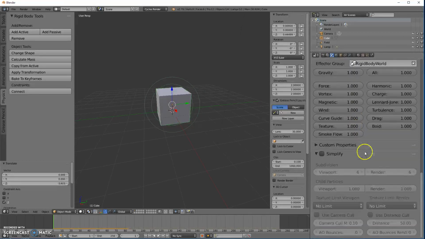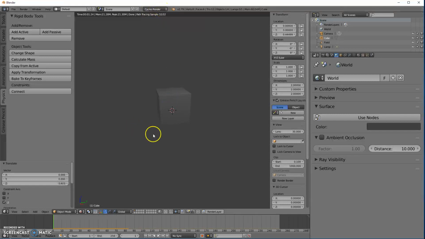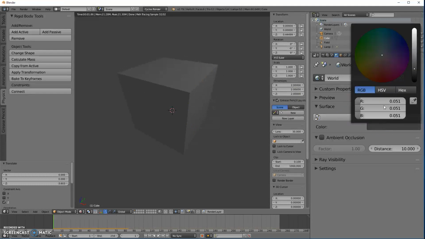I guess I was in this one. Yes, covered everything there. Good. So in the world settings, we can also change what our world looks like. So for instance, if I'm in render mode, so I'm going to do Shift Z in the viewport, and I change this to Cycles render, which is one that I want to use, just in case yours looks different if you try this out. I can change the colors over here,